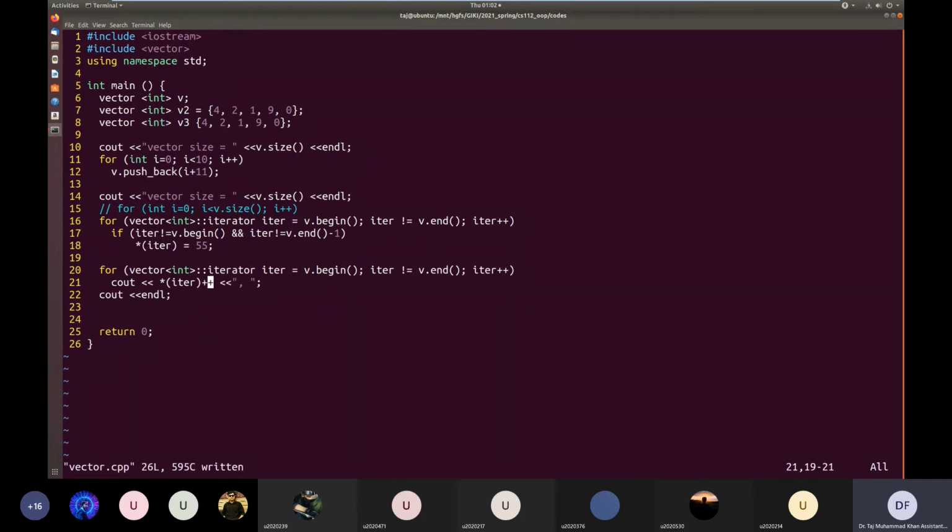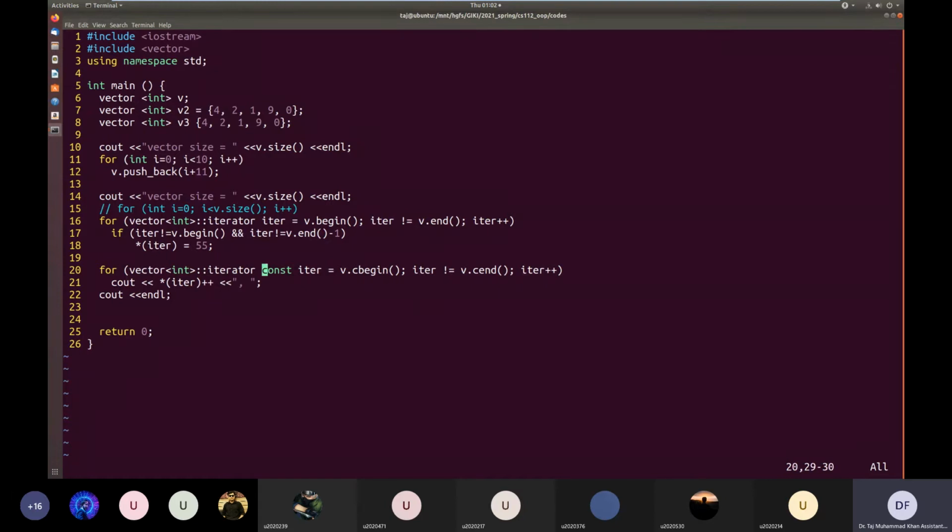Here it will not give me an error. But if I knew I was only going to read this value, I could have used a constant iterator, cbegin and cend. Then it would give me an error.